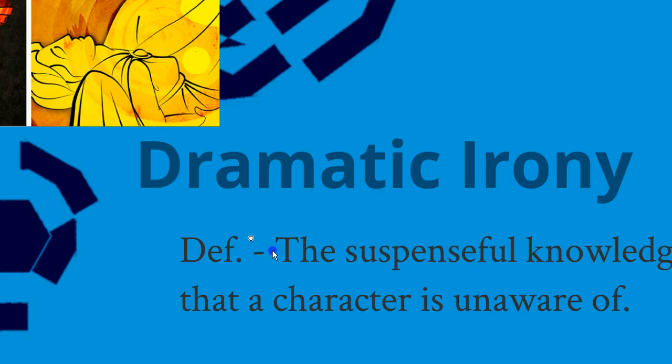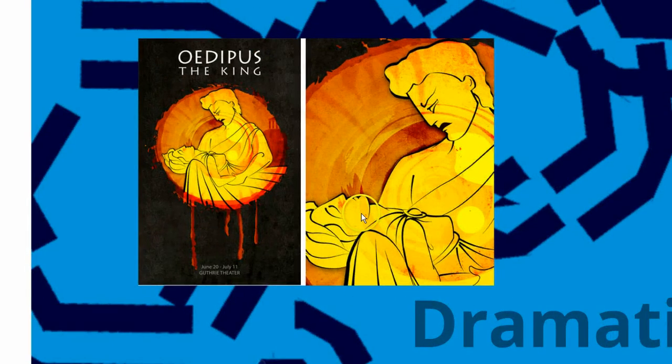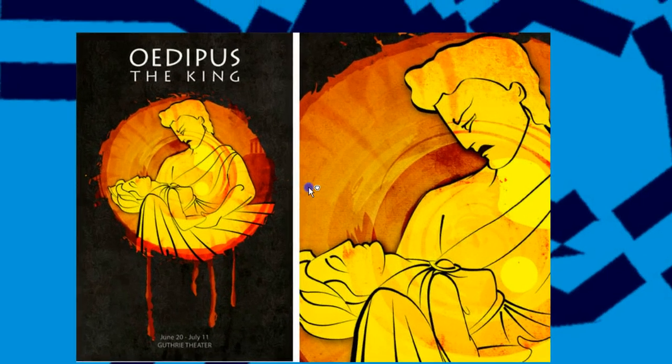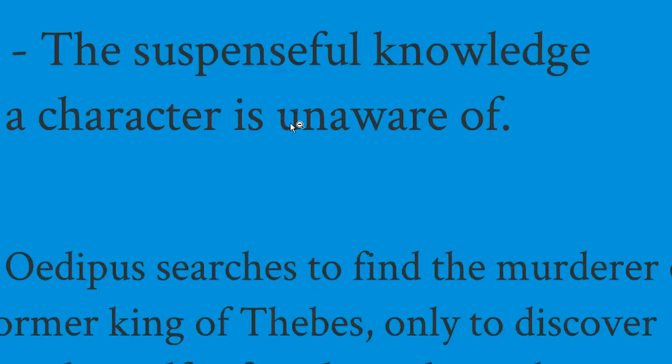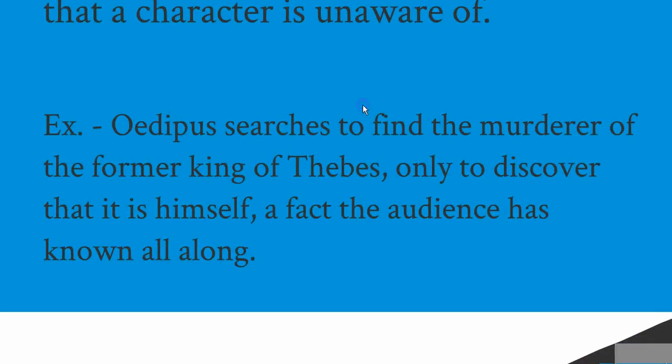One of the most famous examples of dramatic irony is the play about Oedipus the King. And what makes it a great story that has lasted the test of time, and that people still talk about and read to this day, even though it was written long, long ago, is that this story is full of dramatic irony. I'll give you the short Mr. Singleton version of this because it's too good of a story to pass up. So here's how it goes.